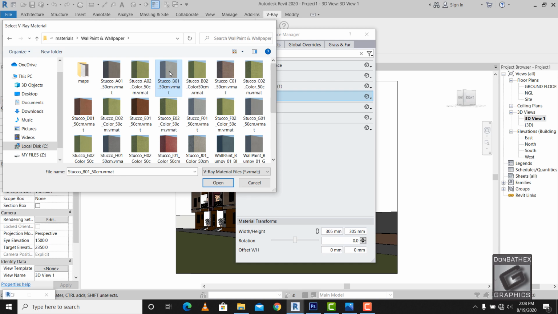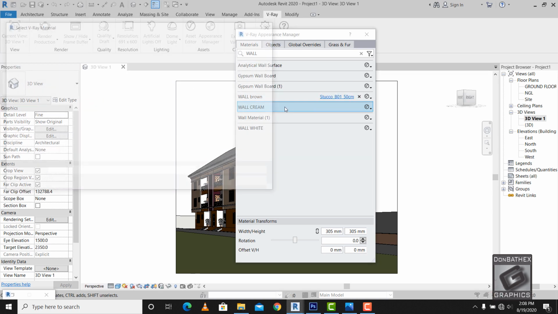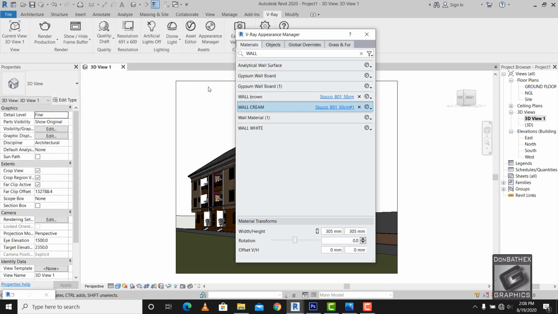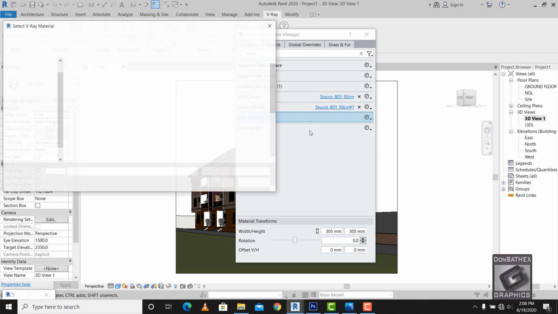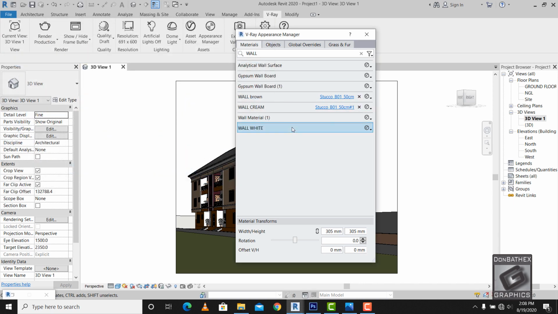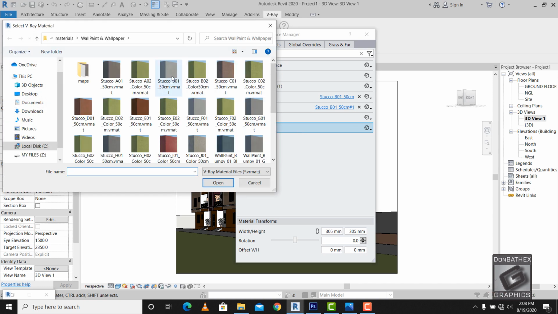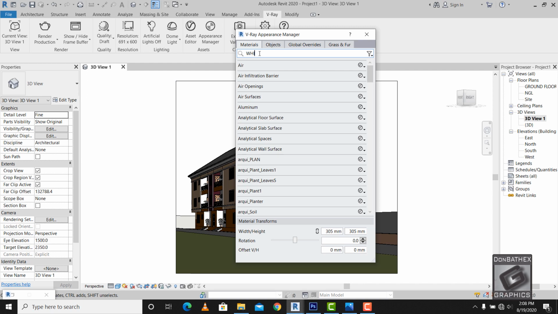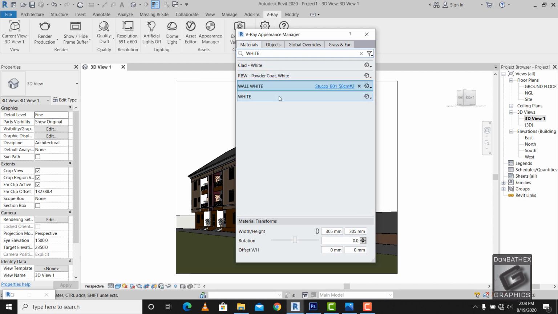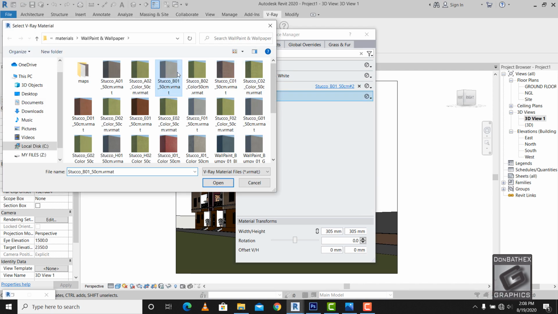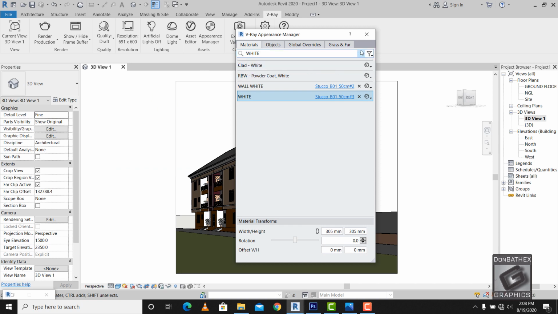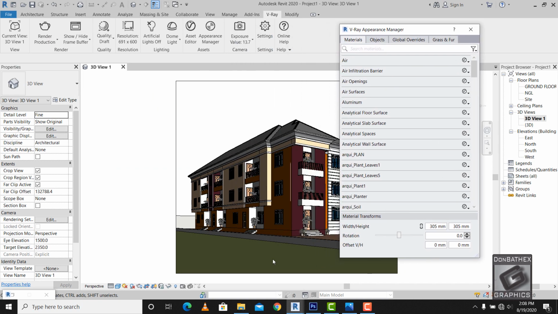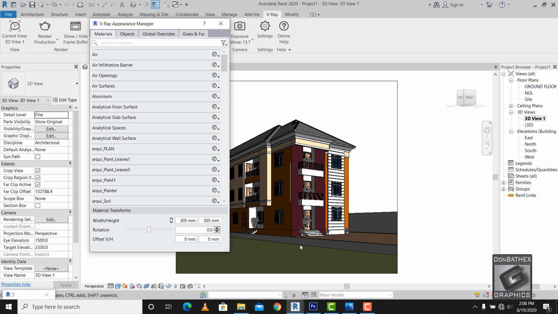Select any wall paint here. For these two, I'll select any wall paint. This one is not wrong, I didn't apply that. This one to select any wall paint. Then start searching for all your materials, all of them. This one to select, and check for which other one is available. Okay, the glass, for my glass,